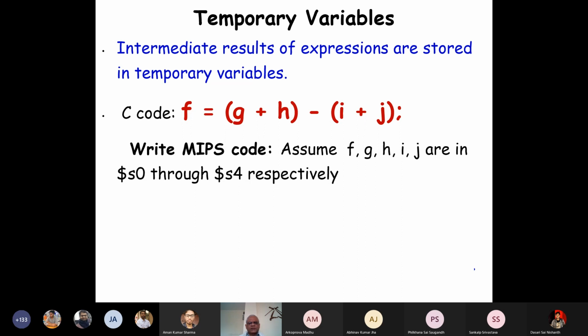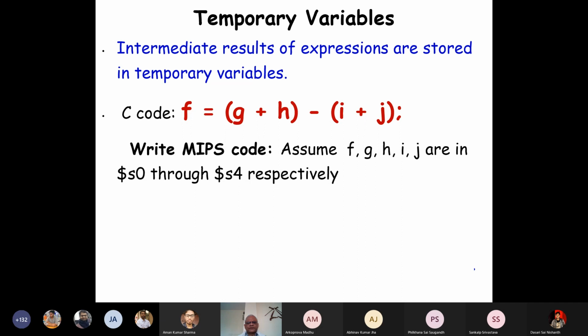Now please write this small code to do this computation. How do you do this? Please try for a minute.